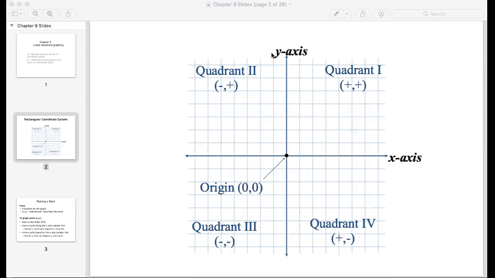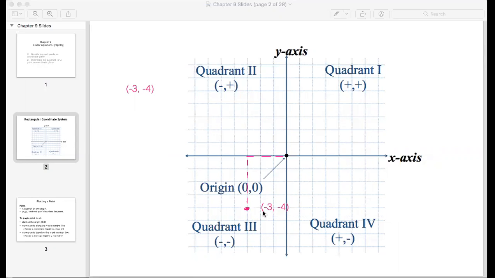Same is true if I gave you the coordinate point of -3, -4. Again, we start at the 0. Always go back to the origin to start. And we're going to go over -3. So we go over 3 units on the negative side. And then we come down 4 units. So we come down 1, 2, 3, 4 units here. Put a point. And then we label that coordinate point -3, -4,